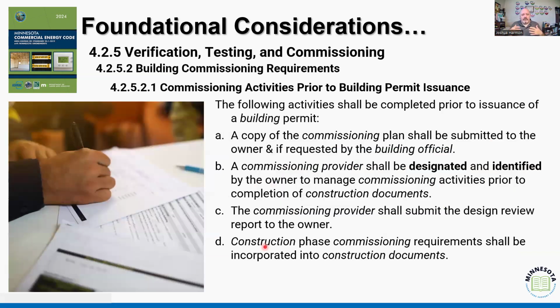Because again, if the intent is to mitigate and control heat loss or equipment energy use, we need to know if that equipment is working at its peak efficiency. Now, what are we expecting to get back? Right, that's part of what the code gives us in 4.2.5.2.1. Try saying that 5 times real fast. Right, what it's giving us is expectations of certain activities that should happen prior to the final. This one's prior to the permit issuance, and then we'll also see a list of expectations prior to final occupancy.